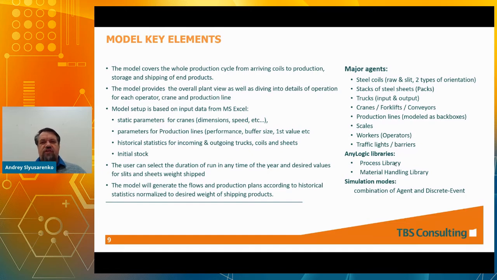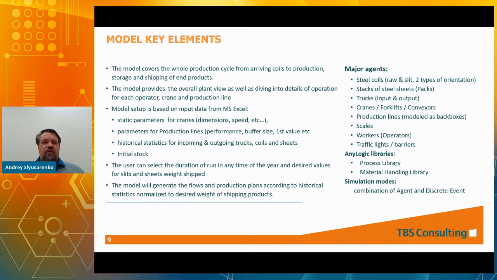The key elements of the model, of course, include business objects such as steel coils that can have two types of orientation. It's important to see in 3D the stacks of steel sheets. Of course, trucks, cranes, forklifts, conveyors, transporters, production line. We do not model the very process of cutting the coil. Yes, it has a physical level of modeling, but nevertheless, the model logic includes